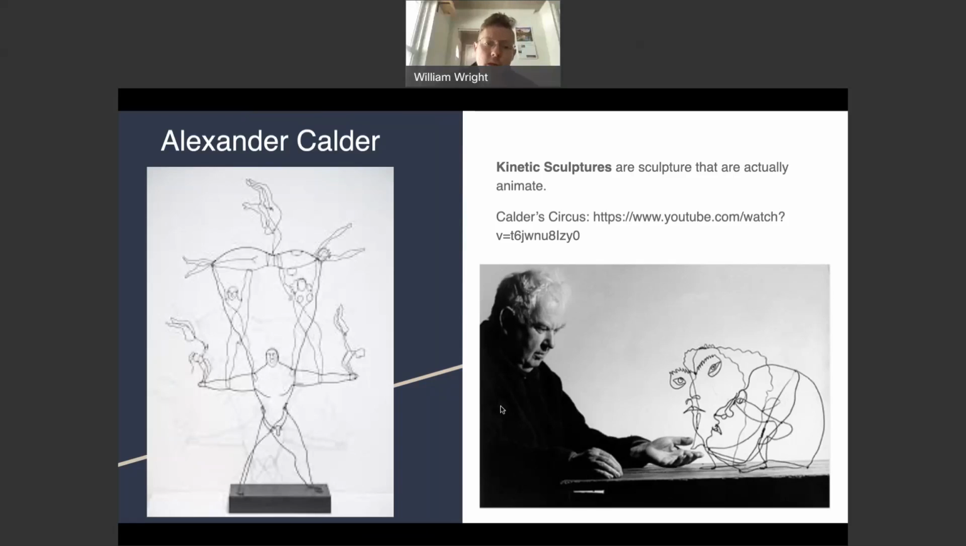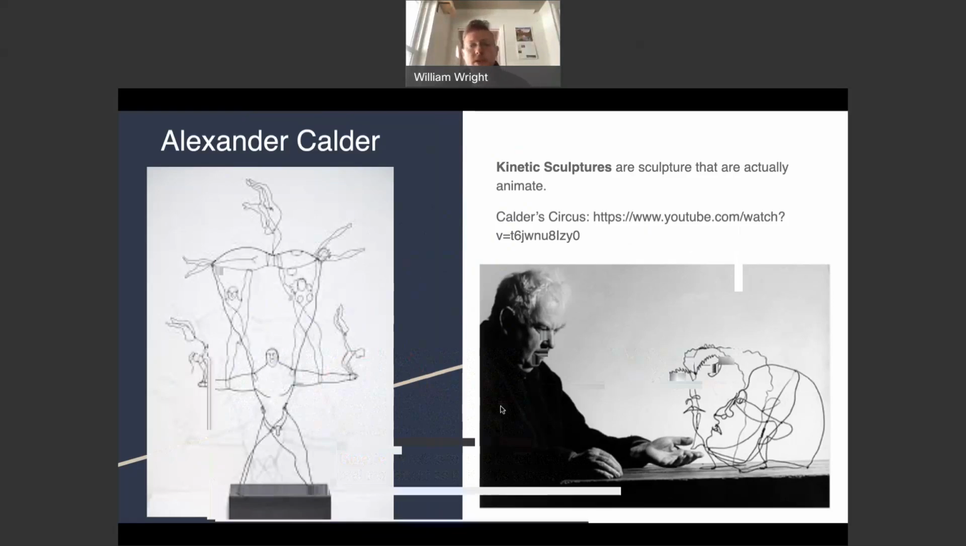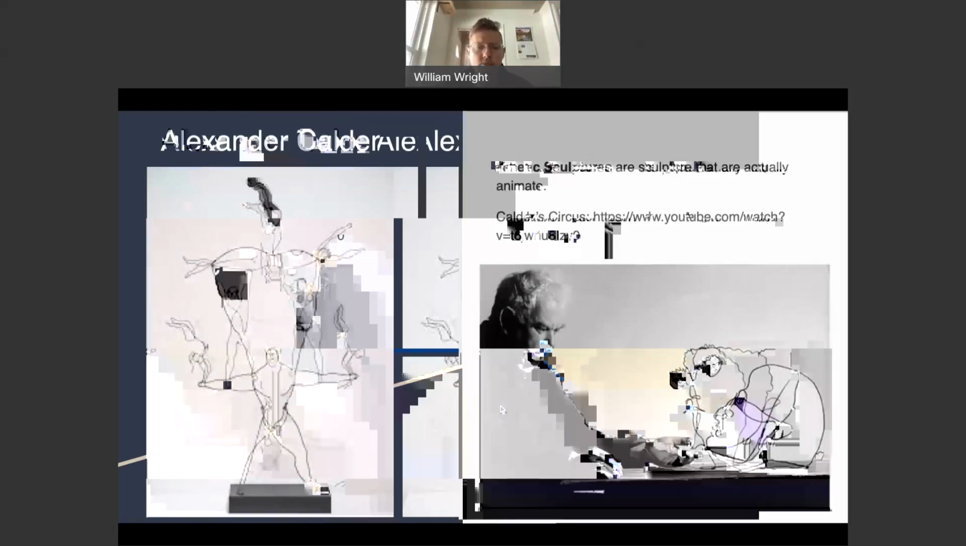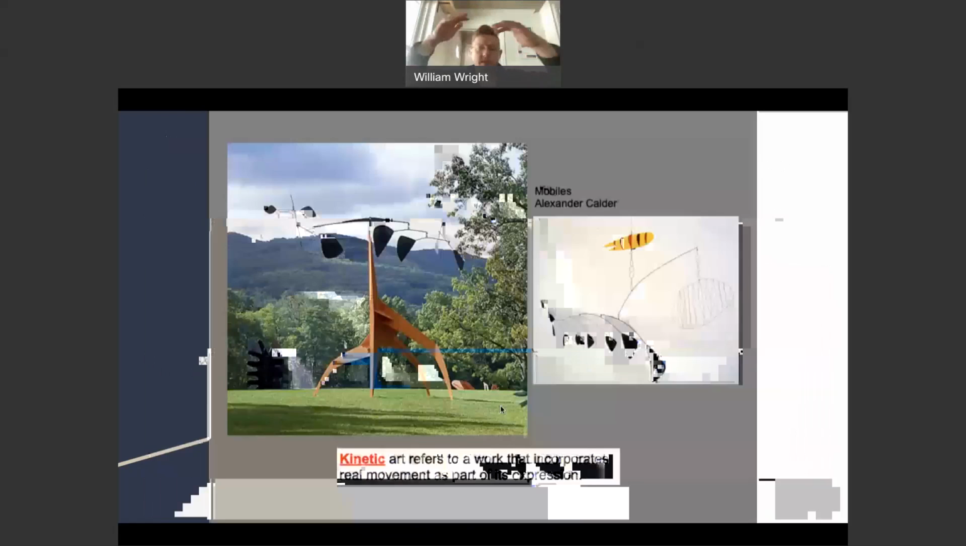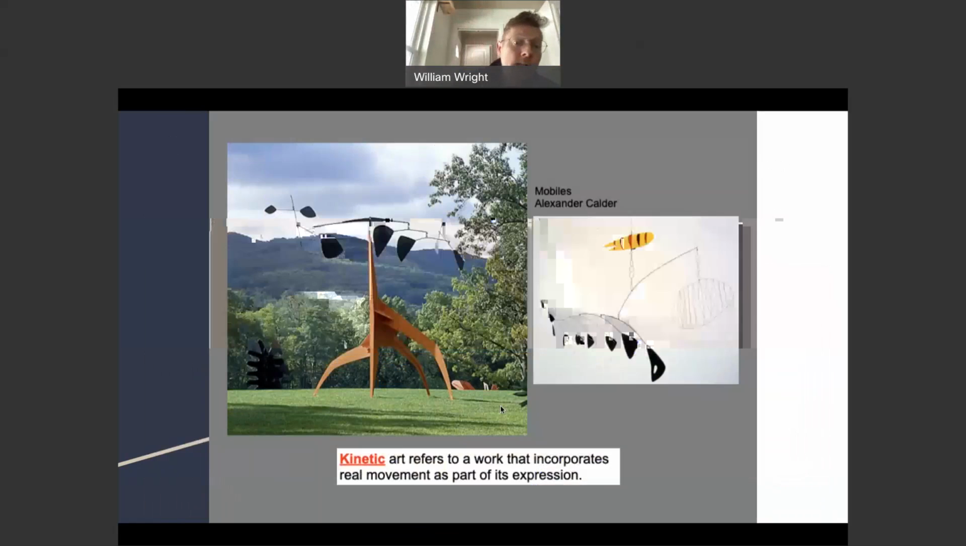Alexander Calder's mobiles. These are almost like wind chimes or something, they move. They're active, and you can see, these wire sculptures he made actual images, but with these, they're more